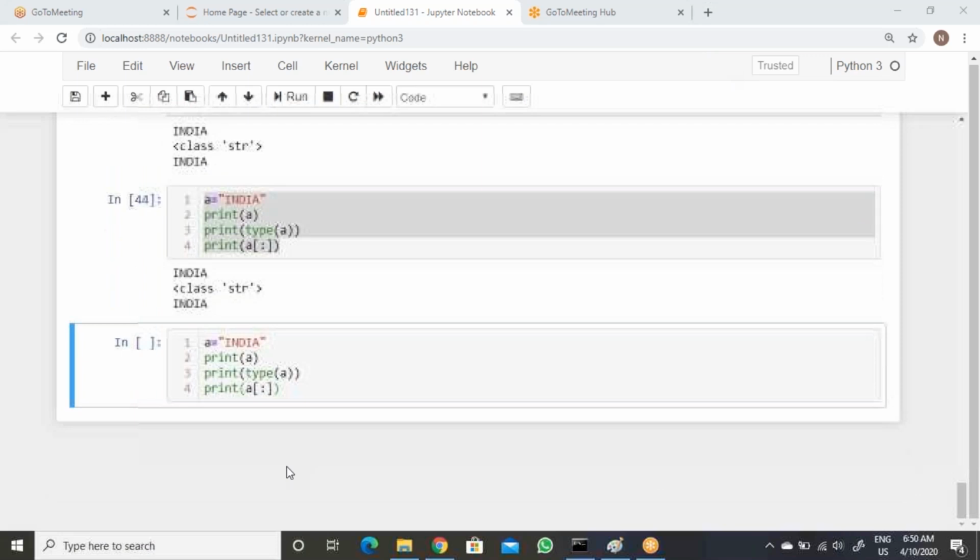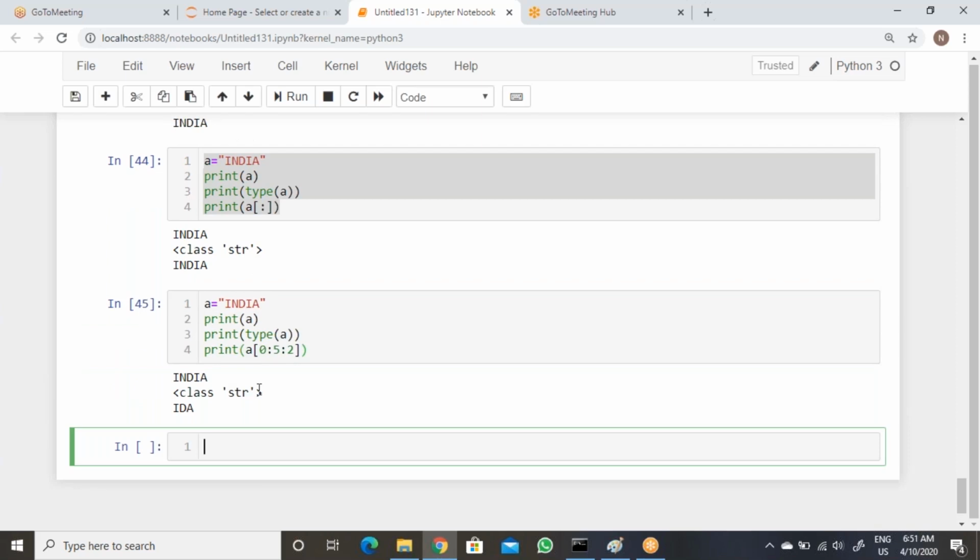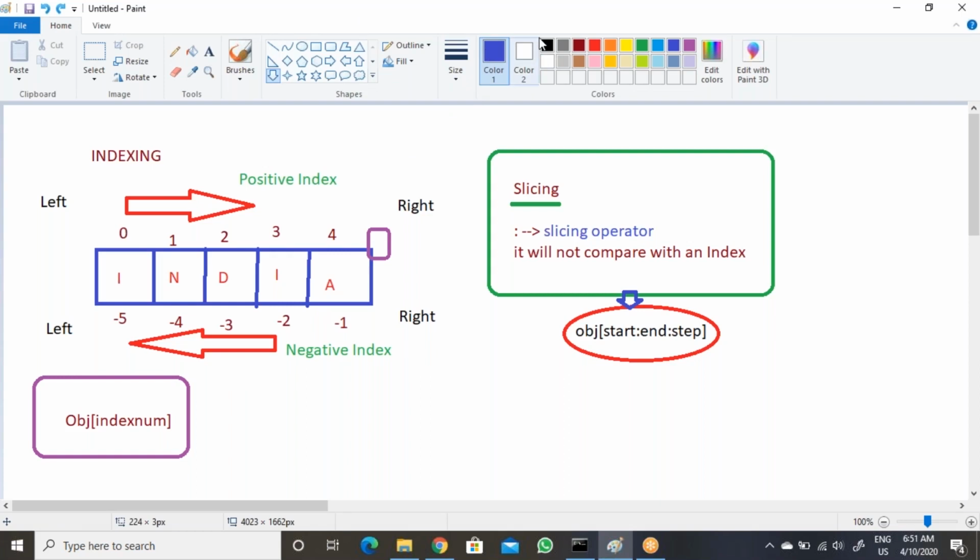See now, what I am trying to do, I'm passing 0, then I'm passing 4 or 5, whatever, then I'm passing here a 2-step forward. So when I execute now, IDA is coming. Now see here, 2-step forward means, let's see, it is a 0, then 1, 2.